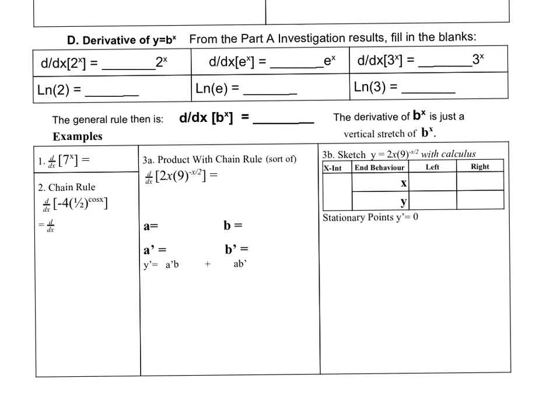We're going to do some graph sketching. We're going to look at the chain rule. We're going to look at general derivatives of y equals b to the x. So just as a quick review, remember that when we did this in class,